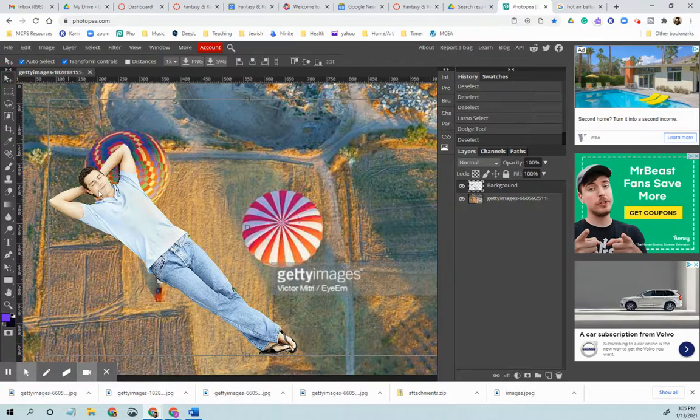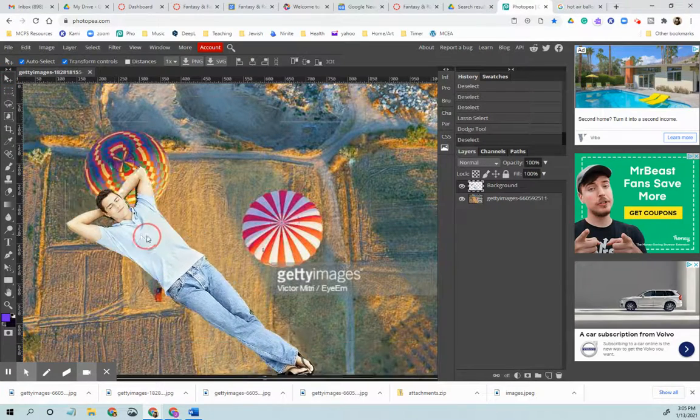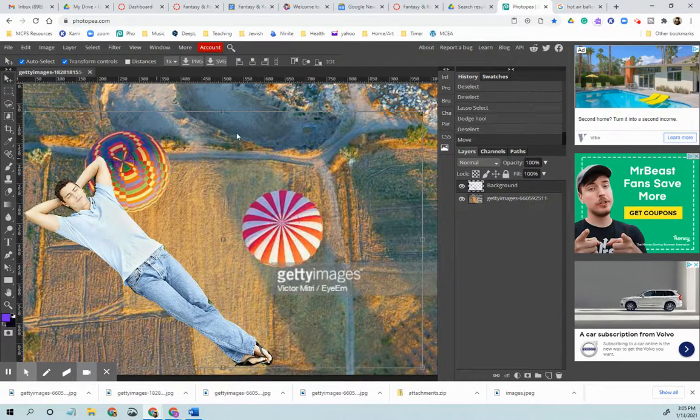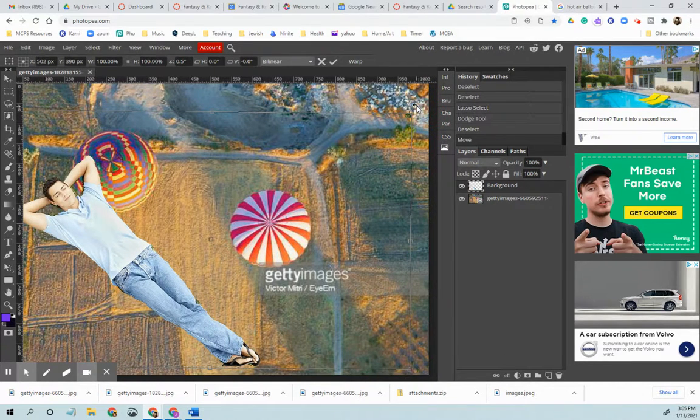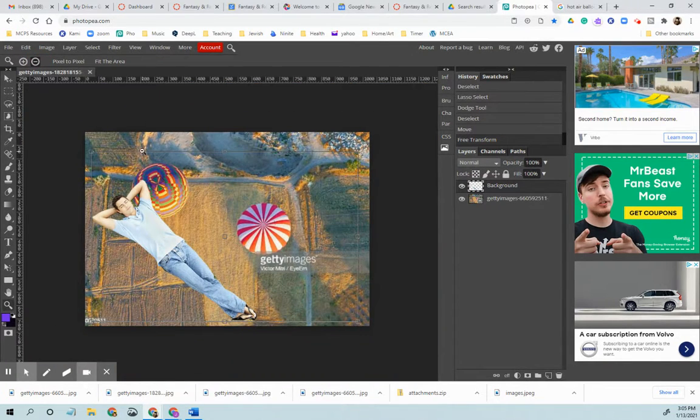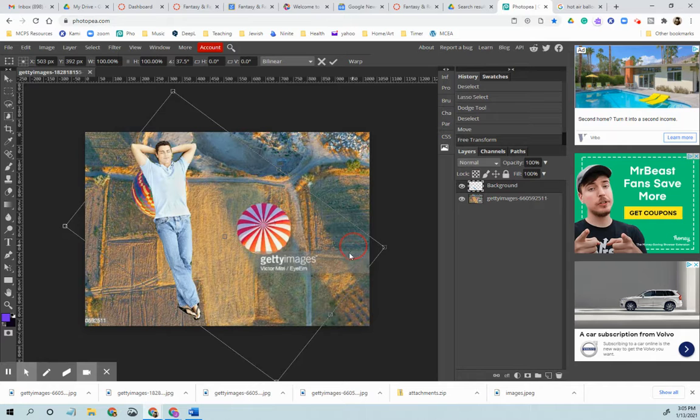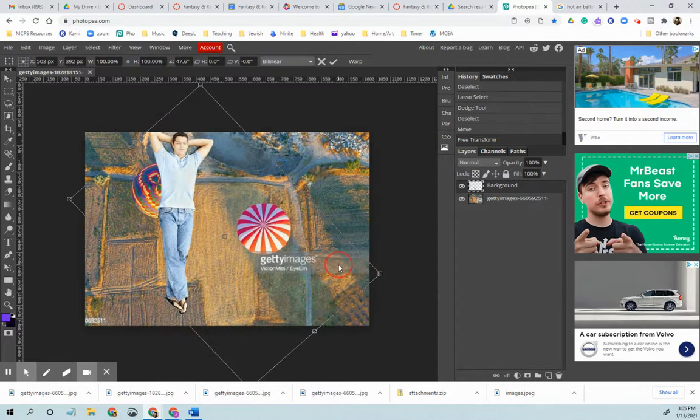With our move tool, we can begin to move our guy wherever we would like. Let me zoom out. We can go to our zoom tool and hit minus, minus, really. There we go. Click that minus out, go to the move tool, and we can start to position our person the way we want. I'm thinking about having him laying down flat here in between. So with that move tool,